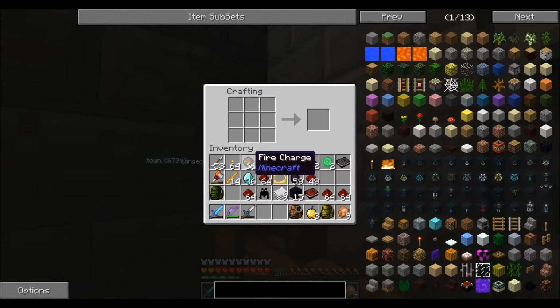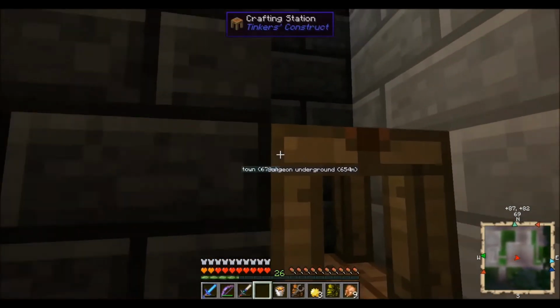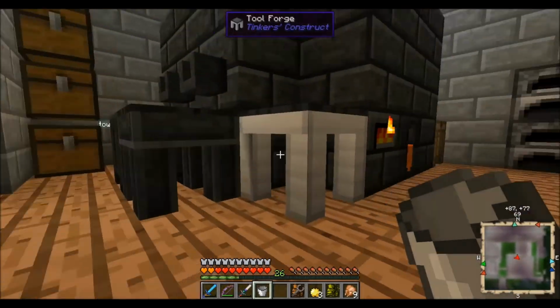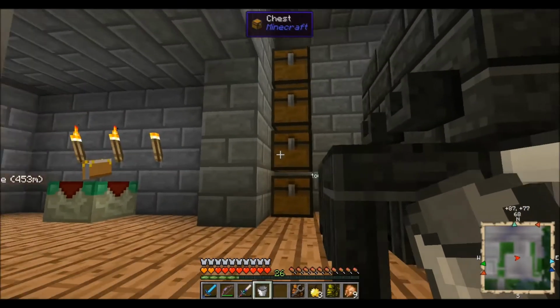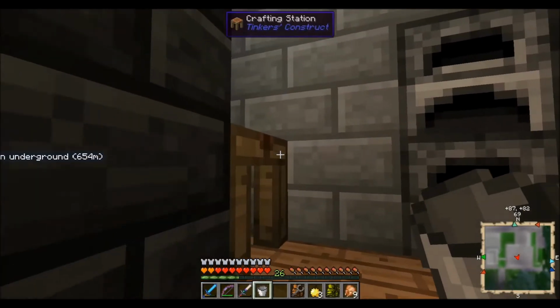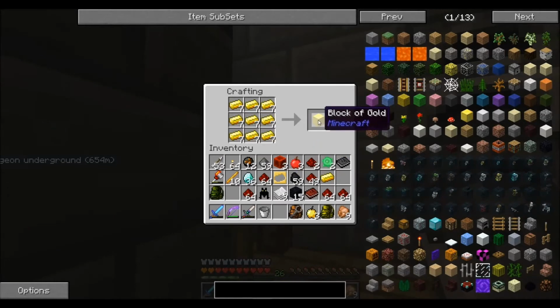Now, I need a bucket of lava. So put the lava in the middle. And it goes like this, I believe. And then like this. Yes. Alright, awesome. So we want to put this on, which this is lava crystal. Which, okay, that's good. And I need another gold block. I don't know how much I'm going to end up increasing it by. We'll take...